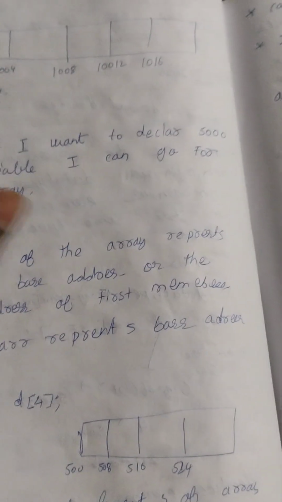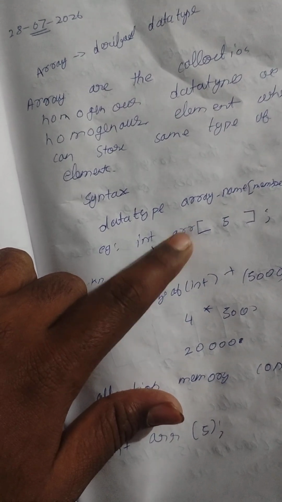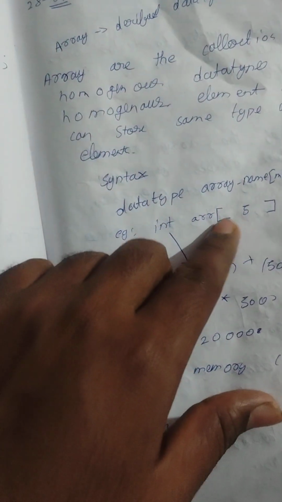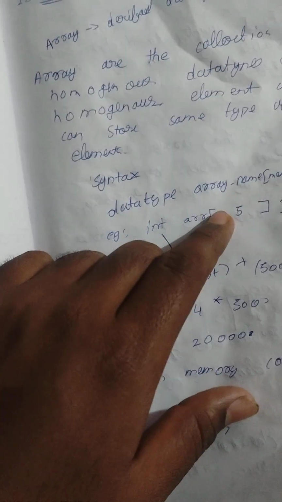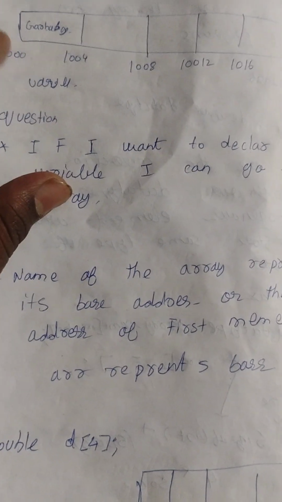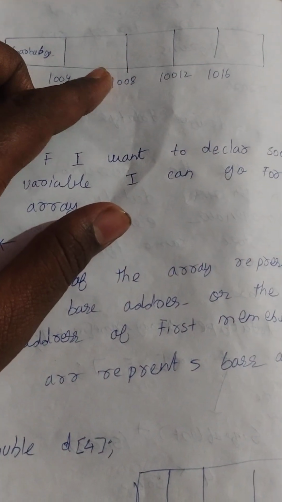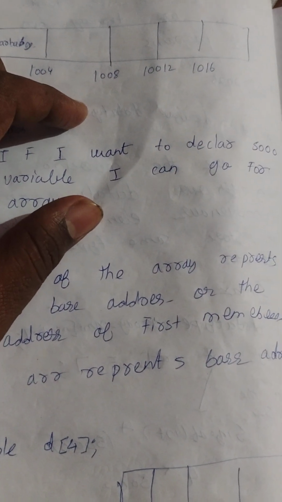And the data type and the address of this variable, the address of this variable is the address of the first variable of the array. First variable means, so this is 1000, right? This is not the value, this is the address, right? So this address belongs to d4. So like this, if I need to access these values, I can go for